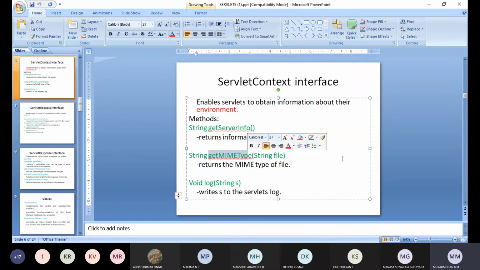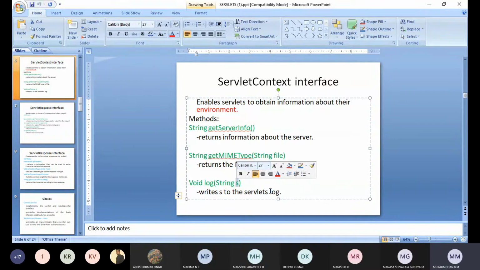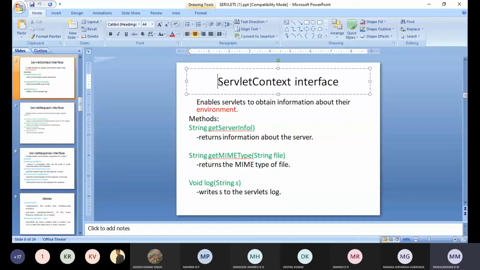Okay. Next, void log. This writes the string, the data which is there inside this string. So this method will write this string to the servlet's log file. Okay.